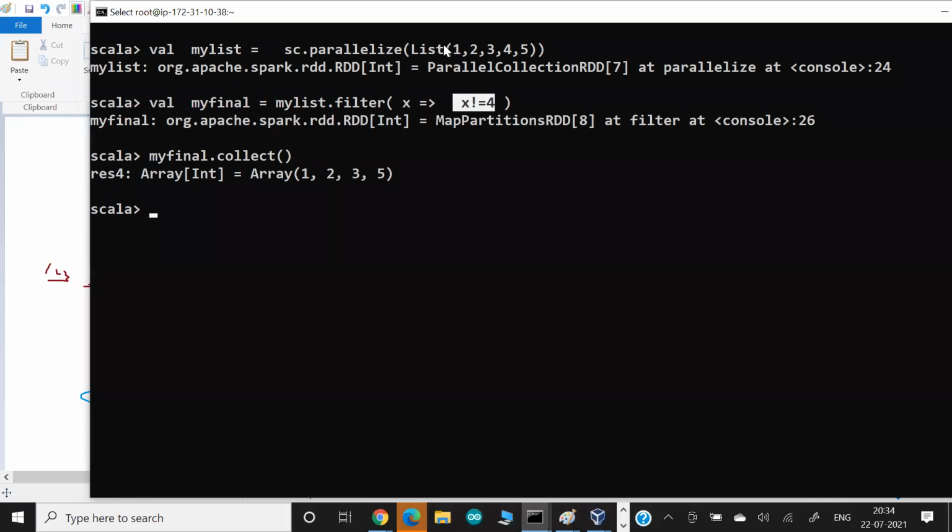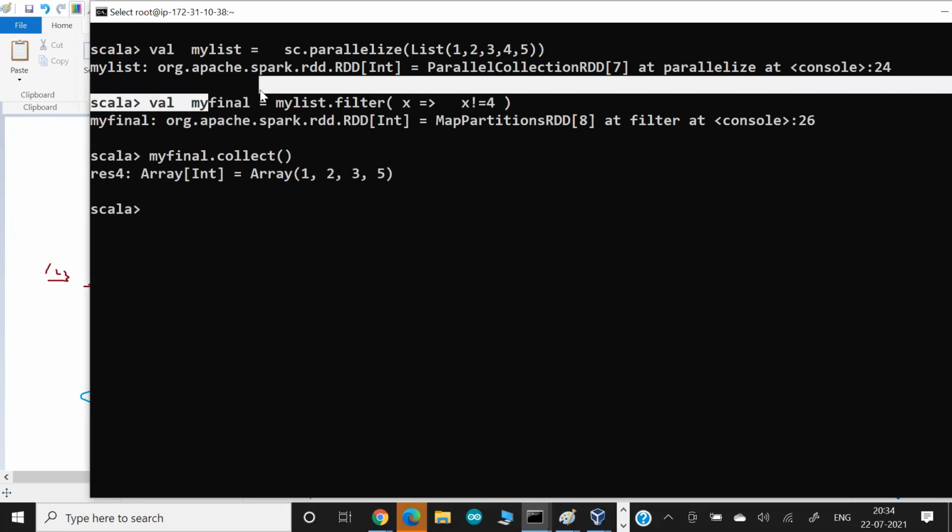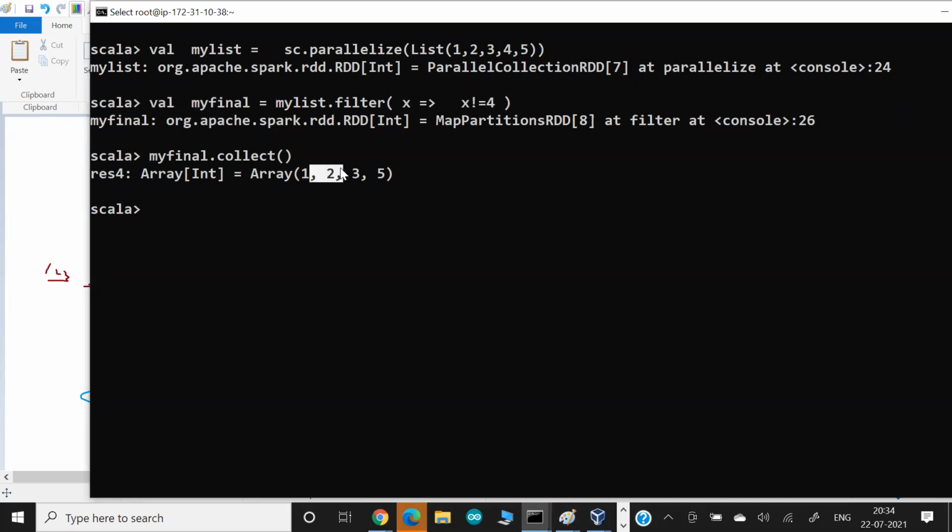So filter says, can I store 1 in this variable? What does this condition say? True. Can I store 2 here in this variable? What does it say? True. So 2 prints. Can I store 4 in this variable? It says false. So filter doesn't run, it skips. So you can see 4 is not running.